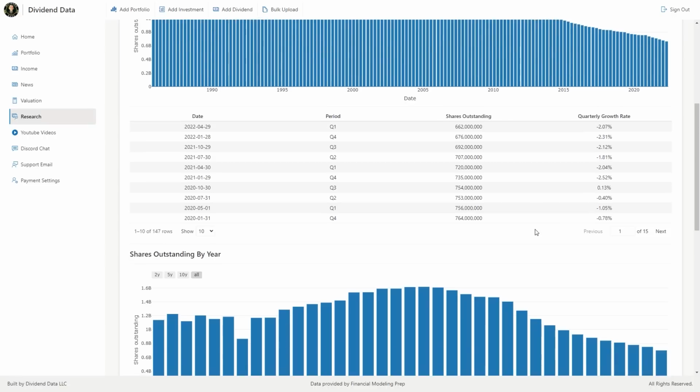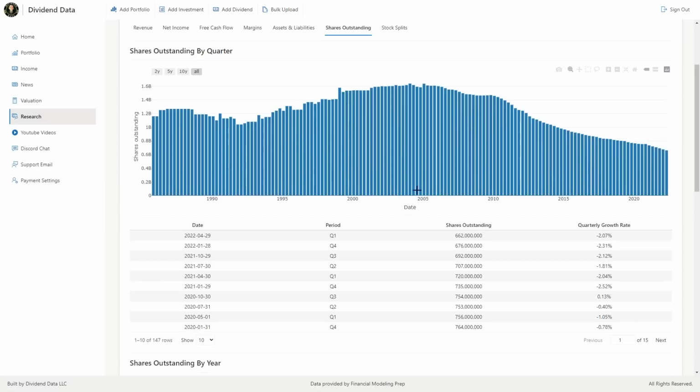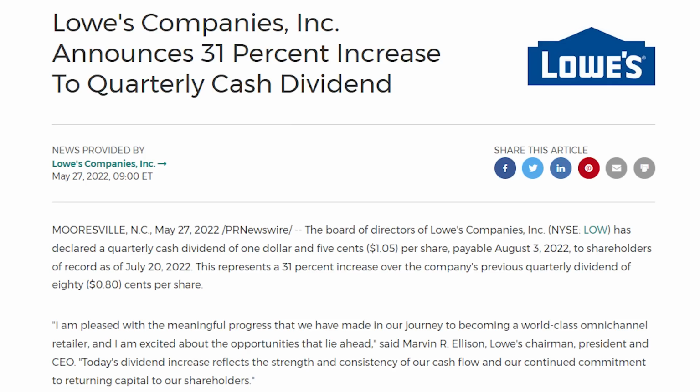This ranges between 3 to 10% every year, which is crazy impressive. The company's dividend is growing at an 18% 10-year CAGR. Their last dividend increase was 33.3%, which is amazing growth. On top of this, Lowe's just announced another